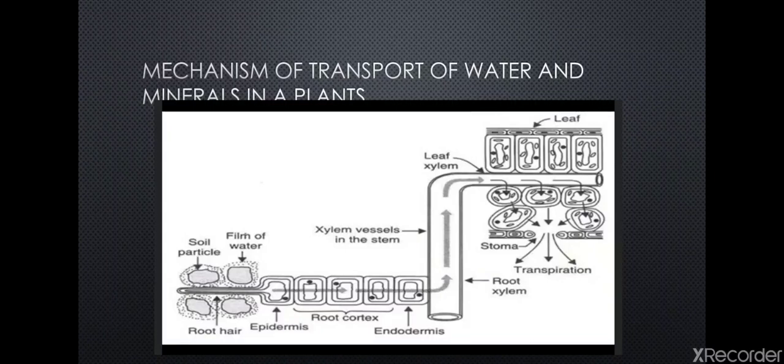Okay, so next we have the endodermis. What is the endodermis? The endodermis is the layer of cells around the xylem and phloem in the roots. And the next one is the root cortex. The root cortex is the part of the root between the epidermis and the endodermis. And the xylem tissues which are present in the roots are called root xylem. Fine, I hope it is now clear to you what the epidermis, root cortex, and endodermis are.